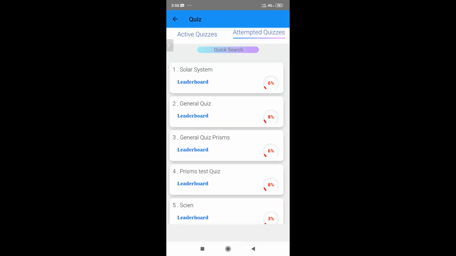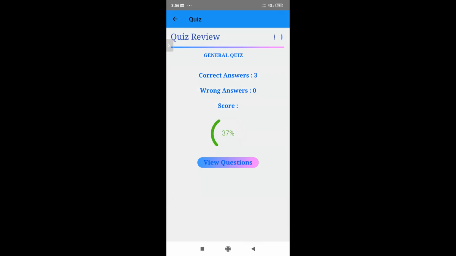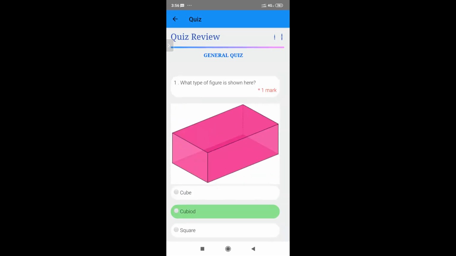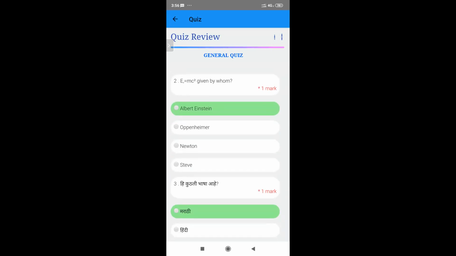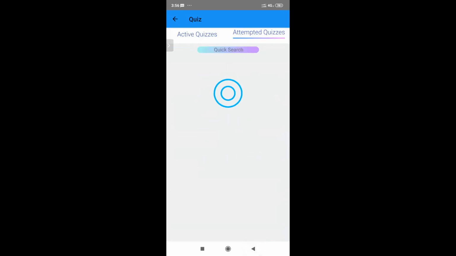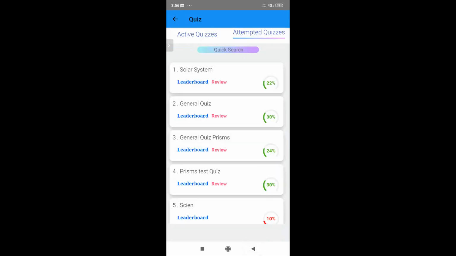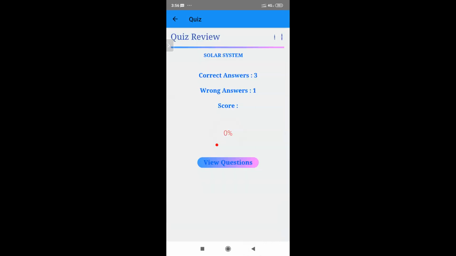And also, like I said, if the review option is given by their teacher, in this particular quiz, let's say I have given the review option, so I want to check. In review, I can check what the question was and what answer I have marked for that particular question. So the child can also learn from it. Now, if you're taking your exams with it, I would recommend not using the review option. But when you're taking practice quizzes, it's very easy, so that the child can actually see.